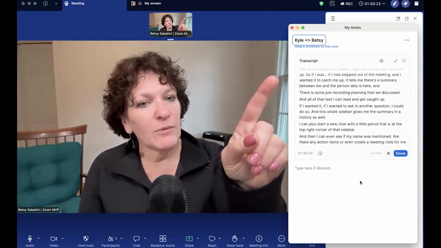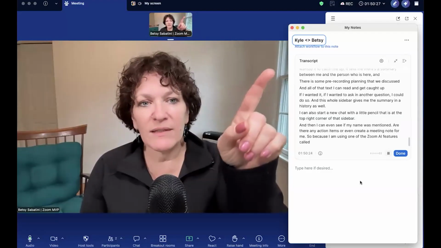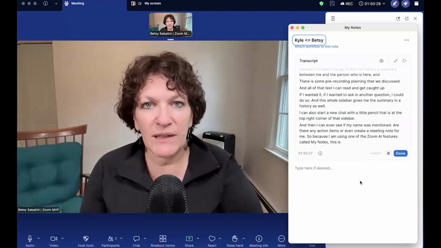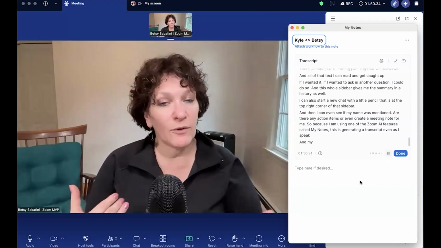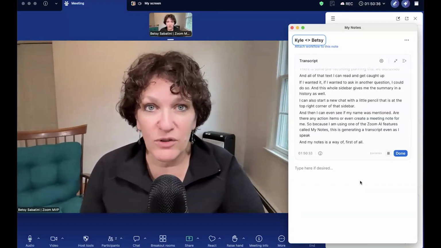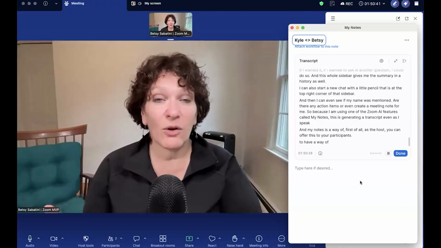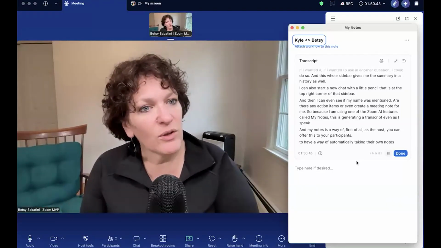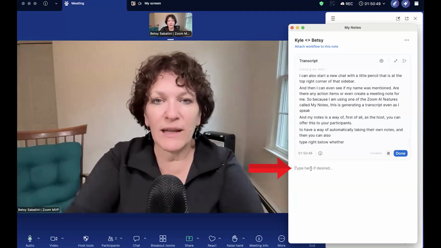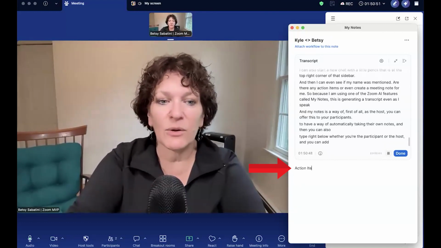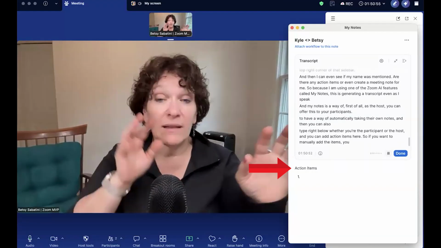So because I am using one of the Zoom AI features called My Notes, this is generating a transcript even as I speak. And My Notes is a way of, first of all, as the host, you can offer this to your participants to have a way of automatically taking their own notes. And then you can also type right below, whether you're the participant or the host, and you can add action items here. So if you want to manually add the items, you can do that here,